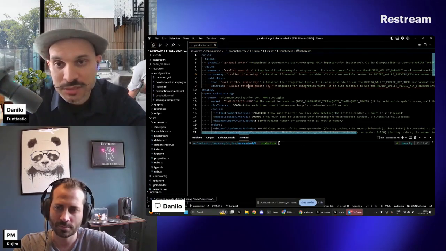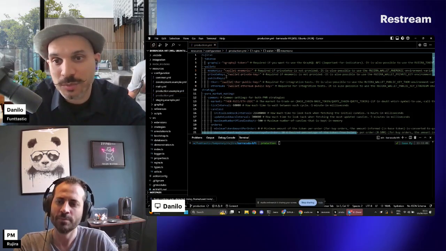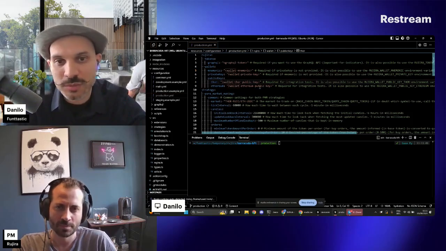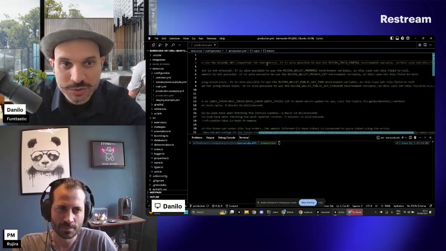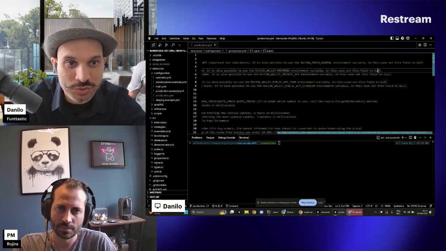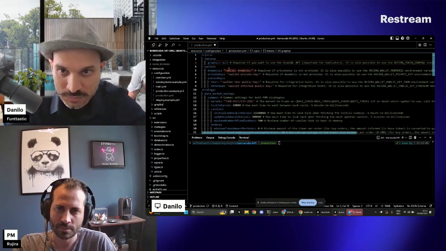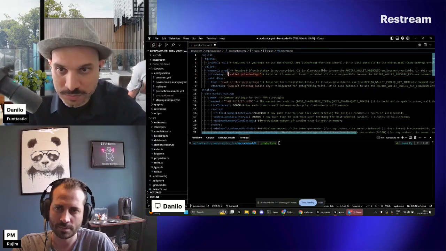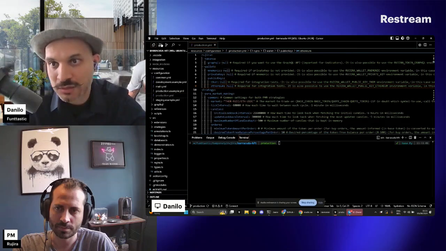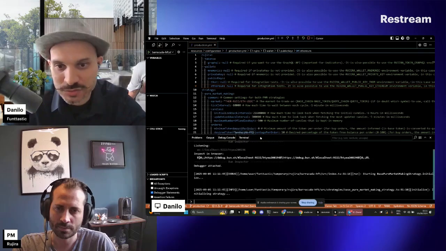Okay, and now to get started, I just need to inform my credentials here: the GraphQL API, the wallet mnemonic, private keys, and public keys, which are more for integration tests. Another option is to use environment variables, and I have already exported these before. So if I put null, it's going to try from my environment variables. So that's it. And if everything is going well, I can just hit start here and I should start doing